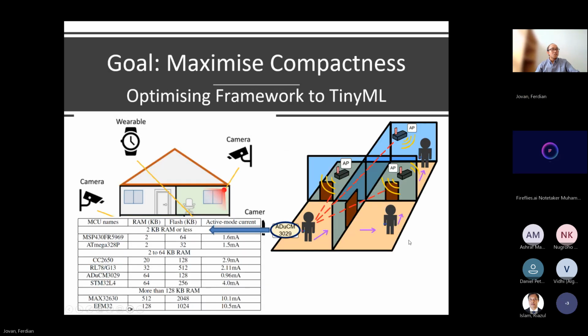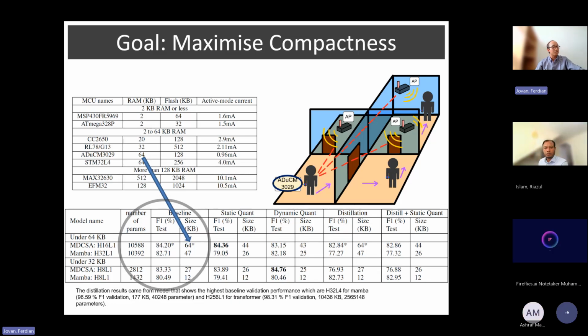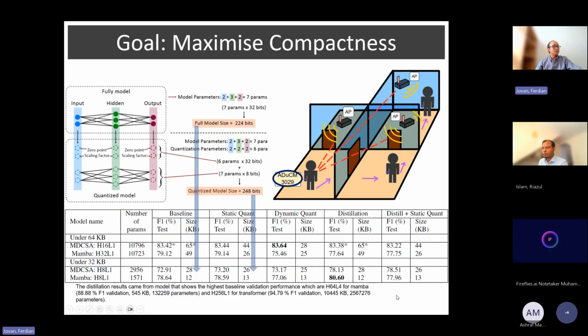So we just tested on the room-level classification problem, and we compared the model that we developed with the state-of-the-art LSTM, or rather the replacement of LSTM, Mamba, a model based on state space structure. And we just basically show that it works.